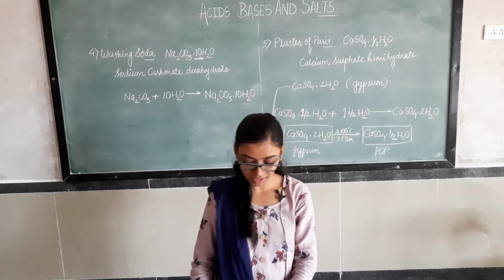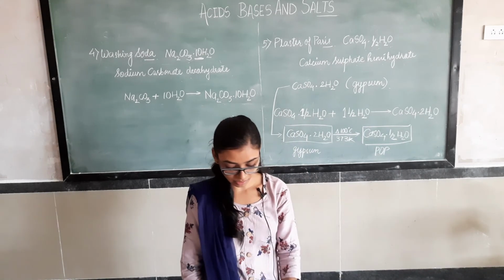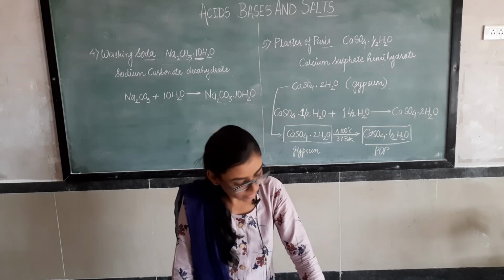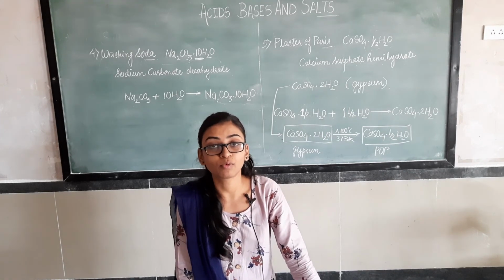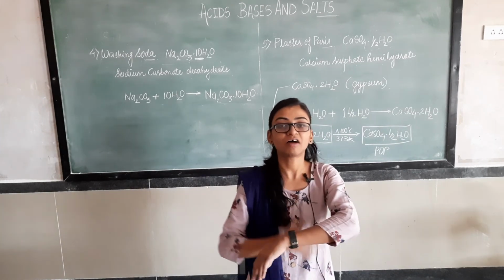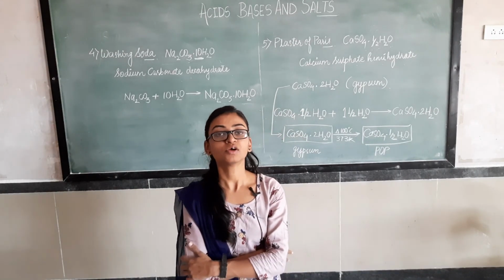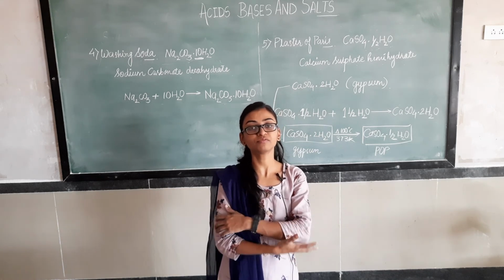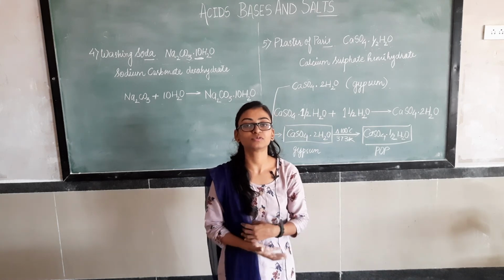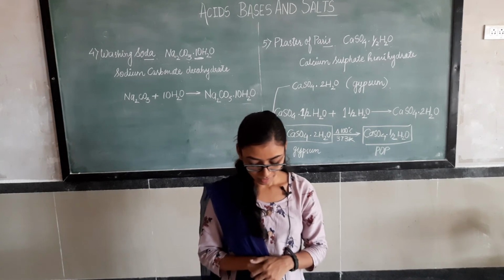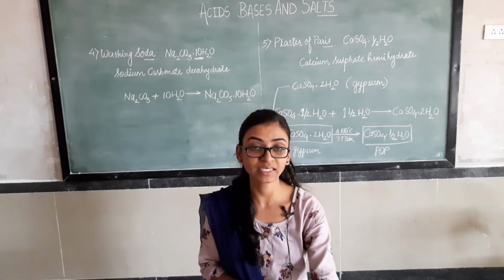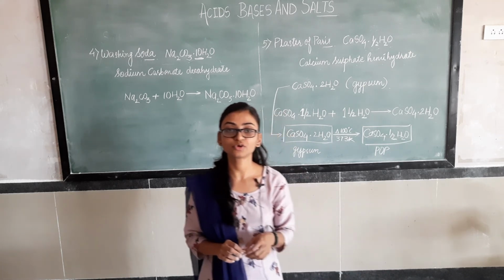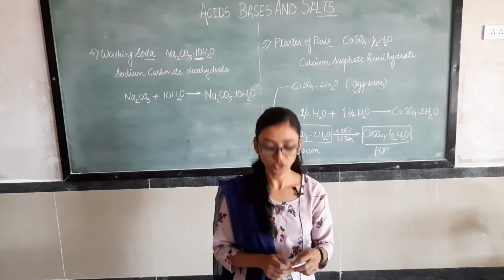How is it useful for us? POP is used as a support, it is used by doctors for supporting our bones, right? We use that band after we have a fractured bone. So that band is made up of what? Plaster of Paris. With the support of this, our broken bones get fixed. For making toys and for decoration material also it is used. Many toys and decoration materials in weddings you have seen, these are also made up of POP.